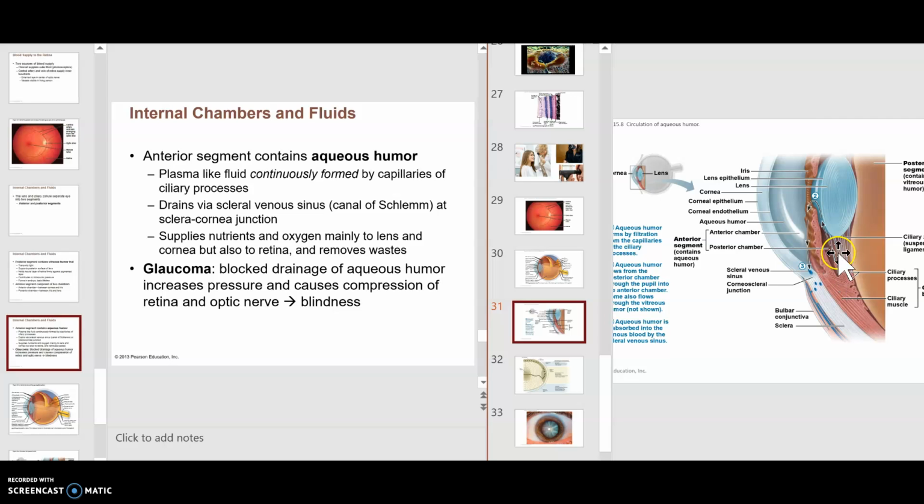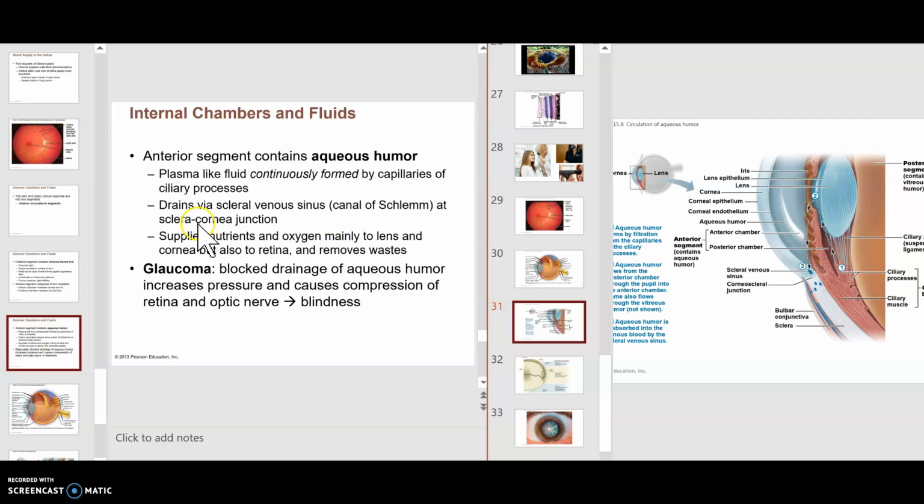This fluid goes up right here, and remember, that's the posterior chamber of the anterior segment, floats around and then comes in and is drained. So it's a constant flow. You should put as much out as you bring back in. And it goes into the scleral venous sinus, which many people will call the canal of Schlemm, named for an ophthalmologist. If too much fluid is going out, not enough coming back in, then that would be